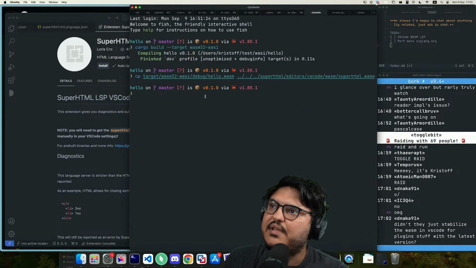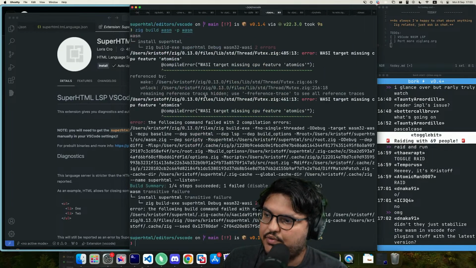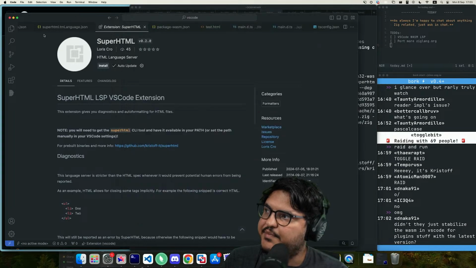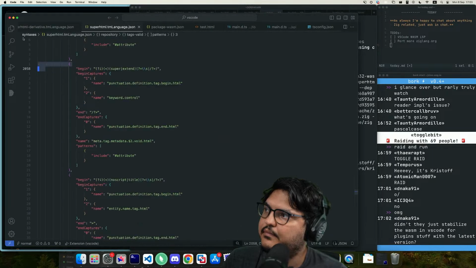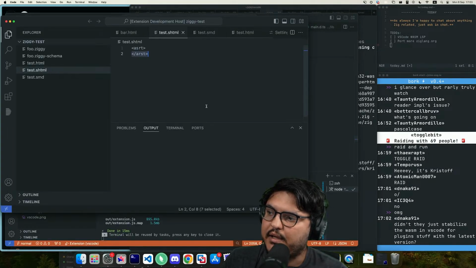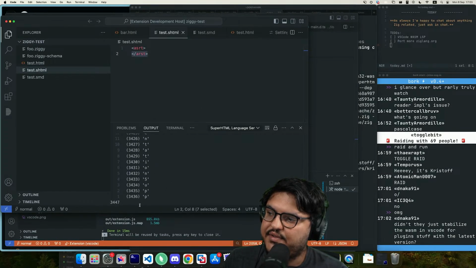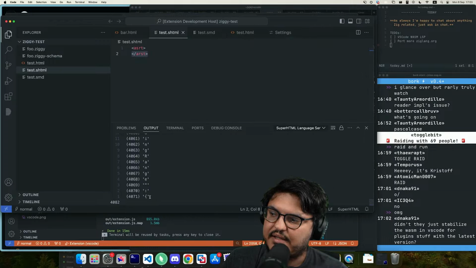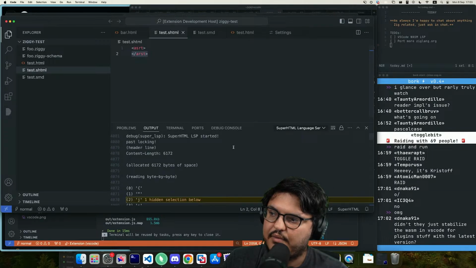The problem is that if I build my LSP and start debugging it, basically what happens is that it still hangs. I added some print debugging to show exactly why it's hanging, but more precisely what's happening is that we have